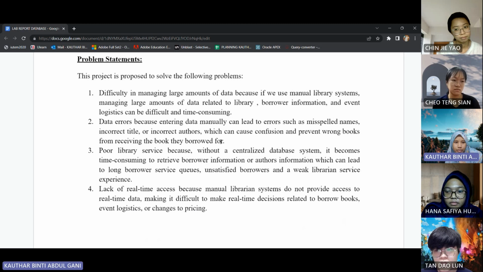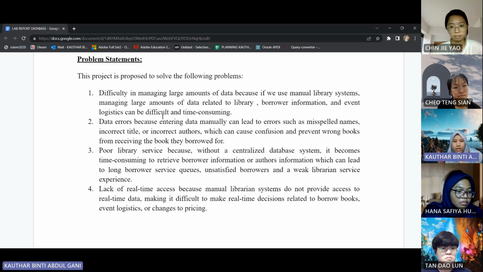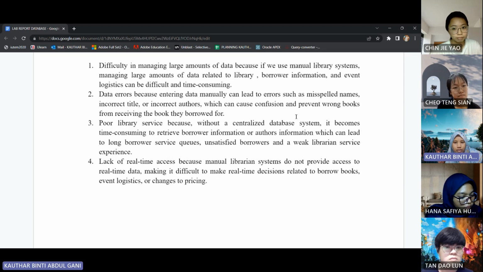So the problem statement for this project is difficulty in managing large amounts of data, because if we use a manual library system, managing large amounts of data related to the library, borrower information, and even logistics can be difficult and time consuming. The second is data errors, because entering data manually can lead to errors such as misspelled names, incorrect titles, or incorrect authors, which can cause confusion and prevent borrowers from receiving the book they borrowed.